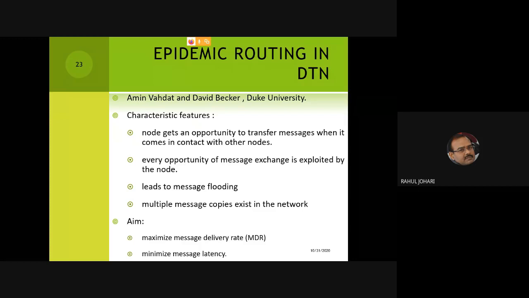In the same way, take the example of WhatsApp. If I forward a message to 5 groups, and every group has, let's say, 10 members, they further forward the message to 10 more groups. If you look at the replication of the message within WhatsApp, it's very fast, very rapid, and so many duplicate copies of the message exist. Now the problem comes: how do I remove these messages? Finally, the same message might come back to you after 3, 4, 5 days, and there is no way this message can be removed.